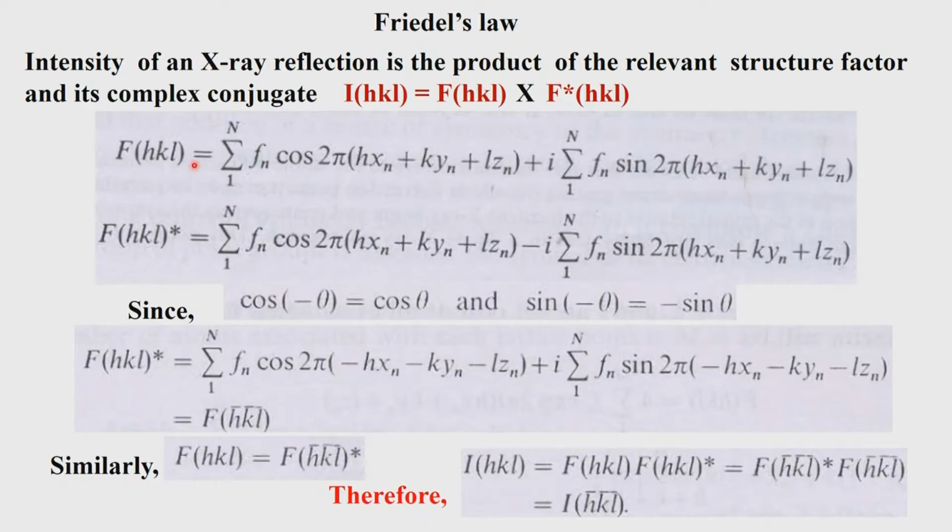So, we will see now what happens to the structure factors. Intensities we know become equal. So, if you have a reflection plane which is 1 1 1 and a reflection plane which is -1 -1 -1, the intensity from these will be equal. I was talking about the violation of this intensity.